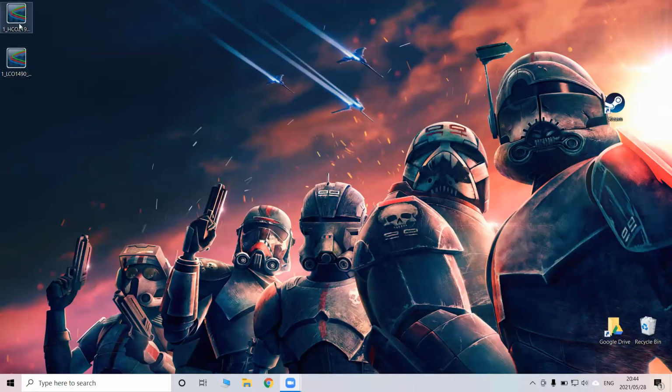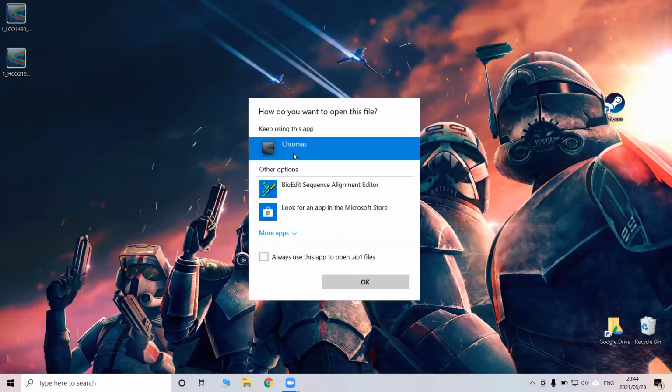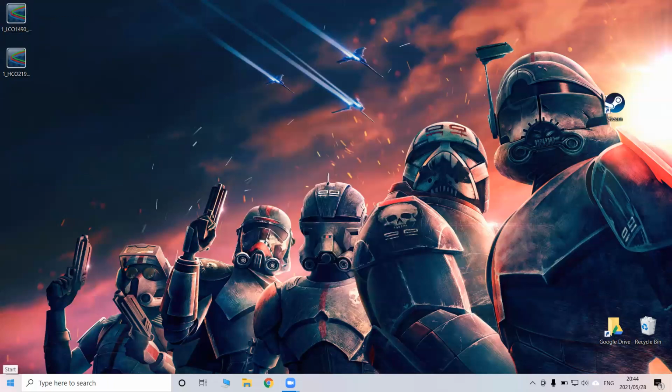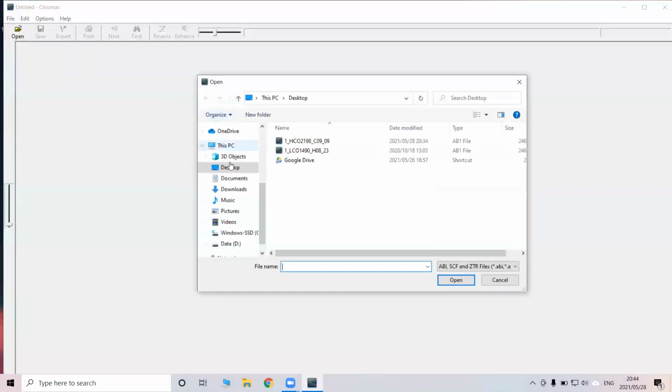So here's our sequence files. We got the HCO, we got the LCO read. I'm going to start with the LCO read, and we open these files using a program called ChroMass. You can download ChroMass and install it. To open these files, we right-click, open with, choose another application. We should find ChroMass there. However, if it is installed, you can just open ChroMass and go to, these files are stored on my desktop, so I can just navigate to my desktop and open